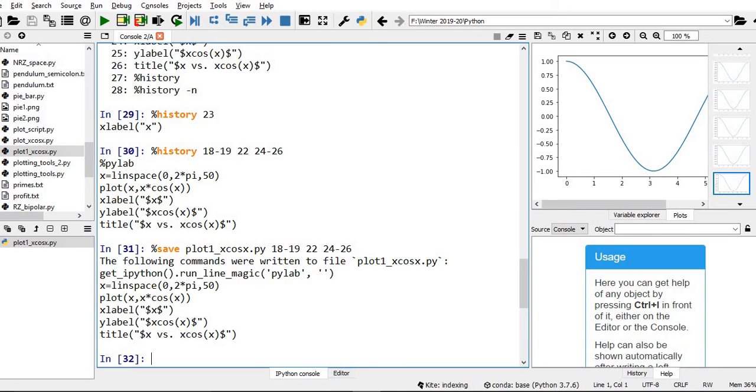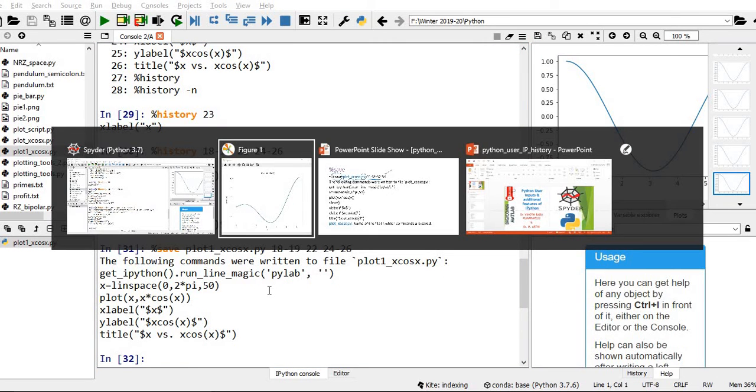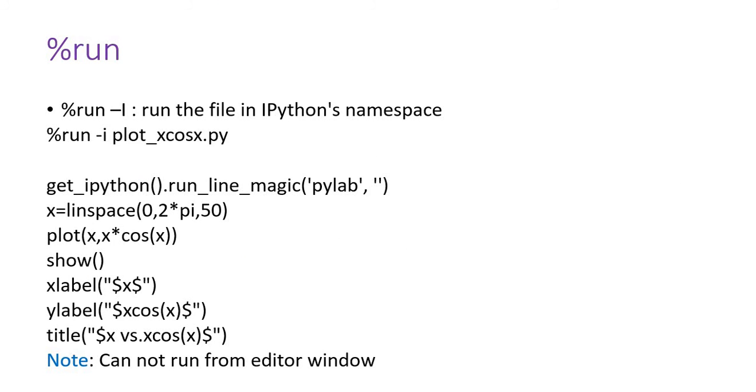So how do you run this code? From the console I want to run this code. To run this code, I'm going to use %run -i. This is not capital I, this is small i. Then the file name. This i represents run the file in IPython's namespace.